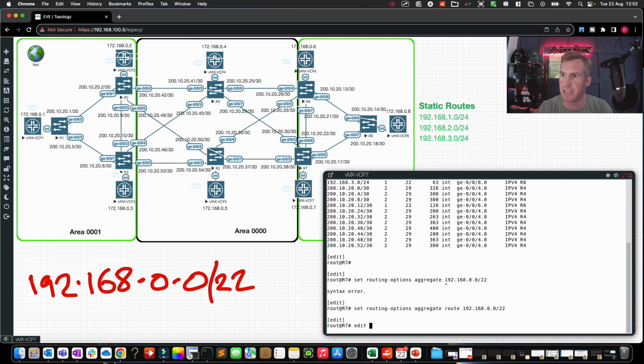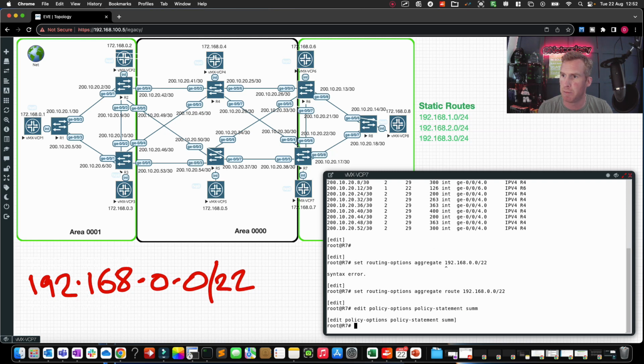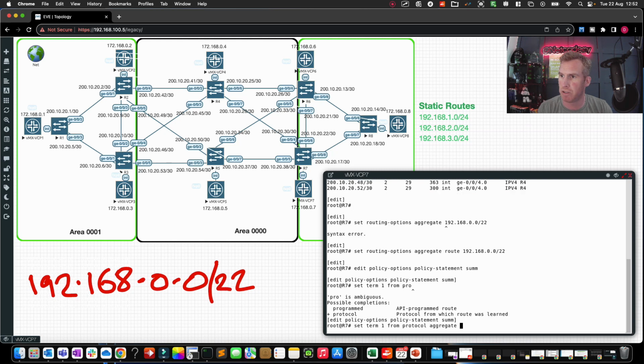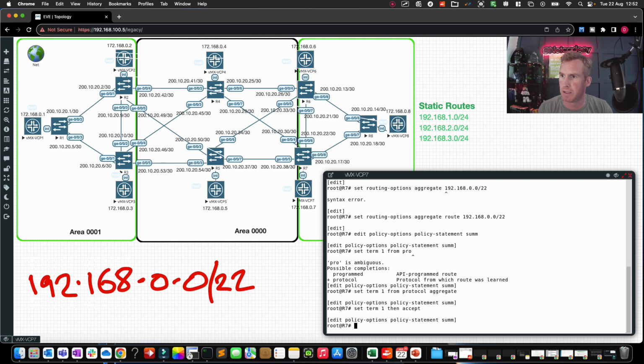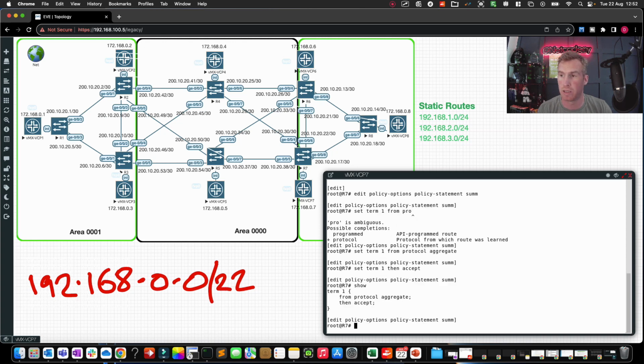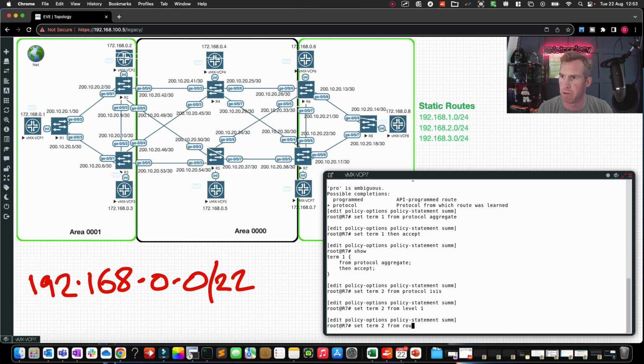So if I do edit policy options policy statement, I'm just going to give it the same name, and set term 1 from protocol aggregate, set term 1 then accept, and just do a show on that. That's the first term. Now I'm going to do set term 2 from protocol ISIS from level 1 from route filter